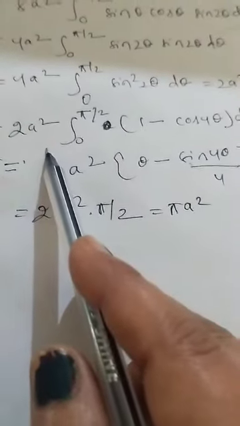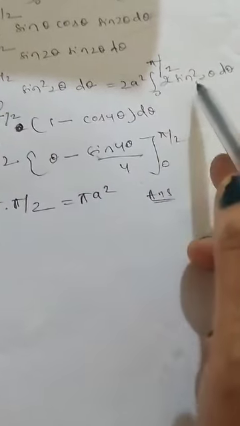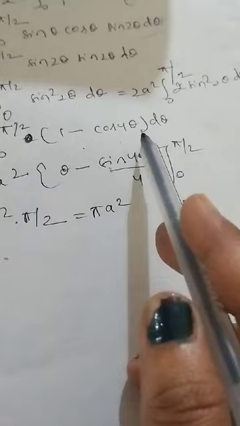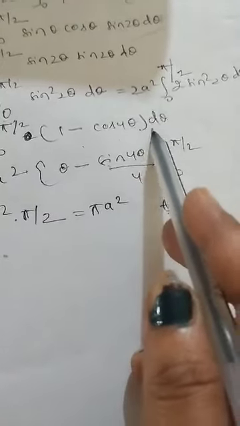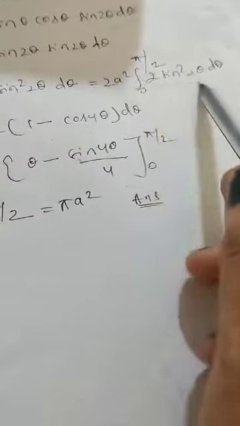That implies 2a square. Now here we use the formula for 2 sine square theta to get 2a square, 0 to pi by 2, 1 minus cos 4 theta d theta. The formula comes. Then 2a square, theta minus